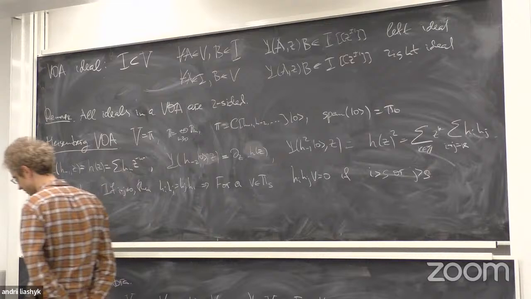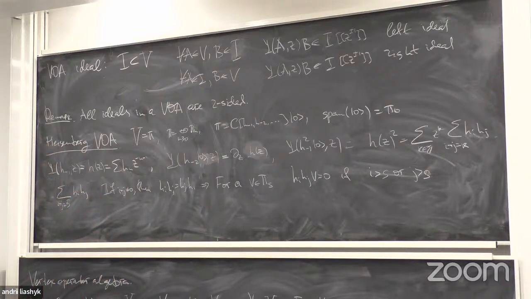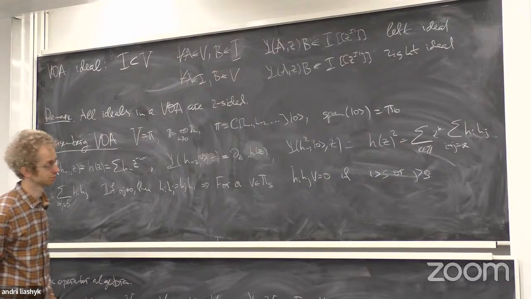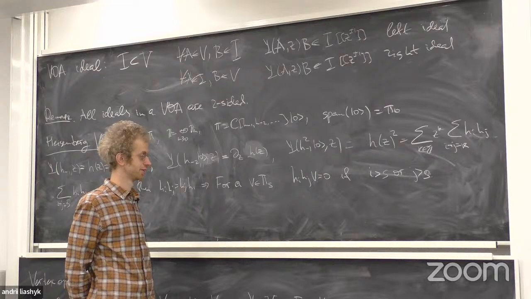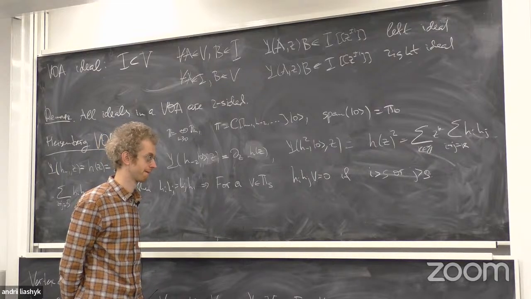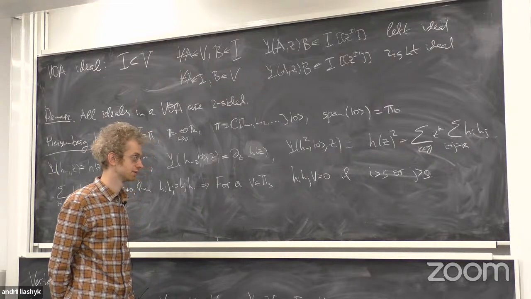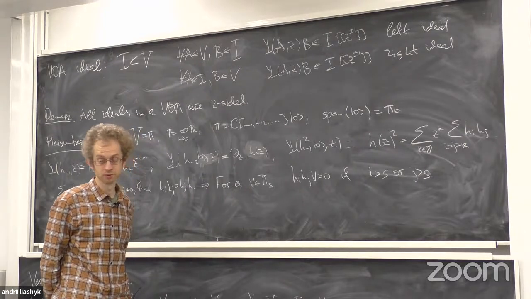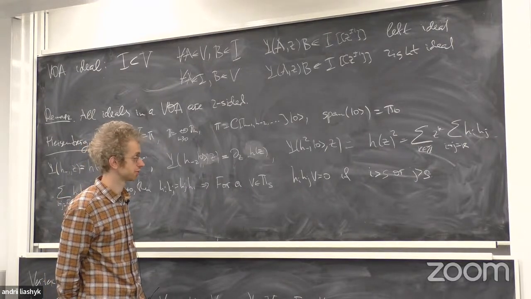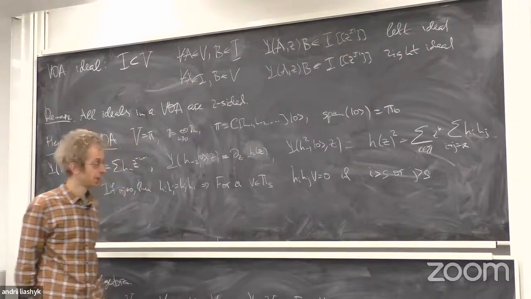Yes, because hi and hj somehow make the degree smaller, they subtract i from the degree, and therefore there are only finitely many terms acting on v. However,